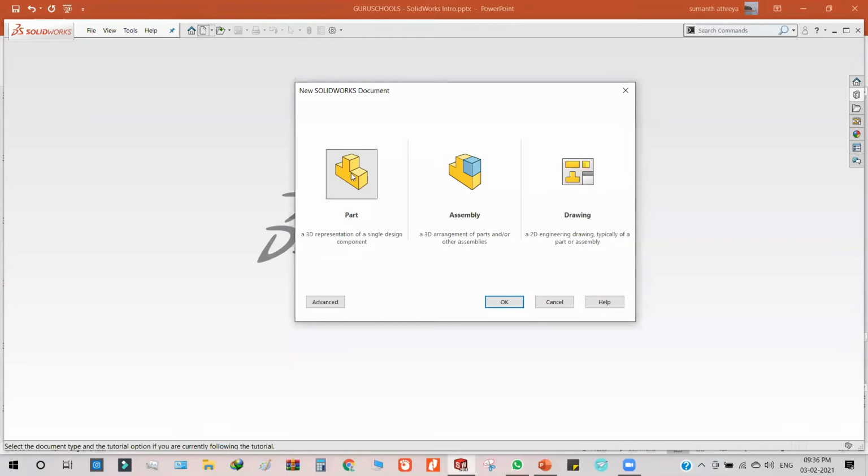In the part, we do the individual parts, and then in the assembly, all the parts are assembled. And when the assembly is done, we do the drawing of it, the 2D drawing. Part and assembly are 3D, and when we go to the drawing, we have the 2D drawing. 2D is two-dimensional, 3D is three-dimensional. So in the part, when we open it,